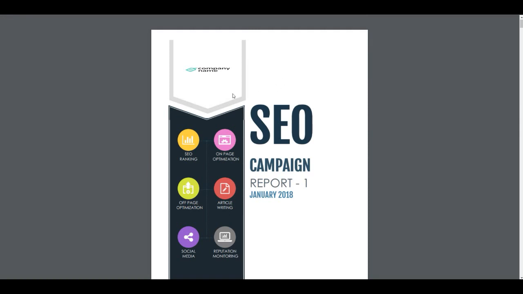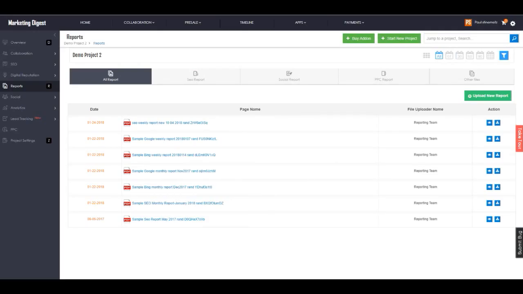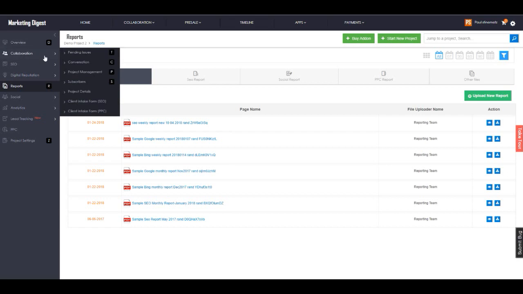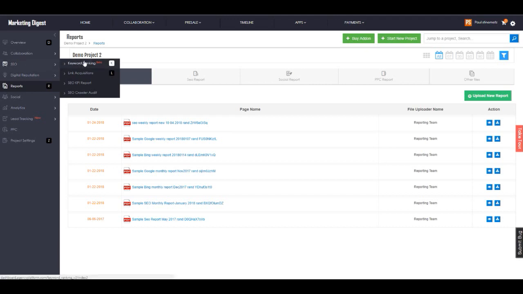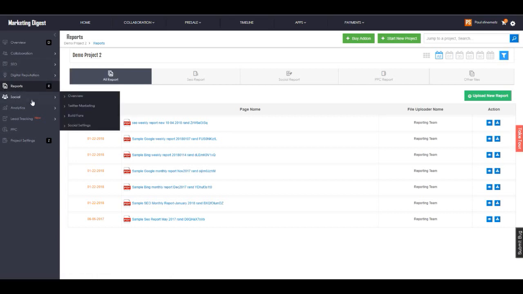If you're not sure what all the dashboard components come with a local SEO report, make sure that you watch the dashboard overview videos, because everything in the dashboard that comes with SEO, keyword ranking, link acquisition, SEO KPI report, the entire digital reputation suite, the entire social suite, all of the analytics that you see here, all of the lead tracking, including live chat, reporting, and management, lead form tracking with full analytics.